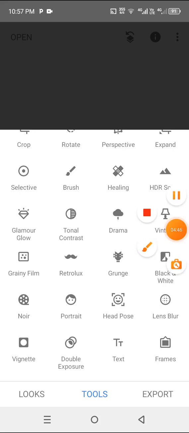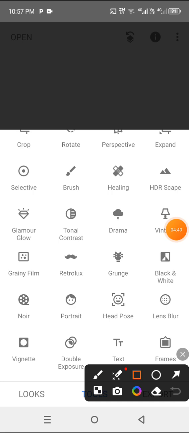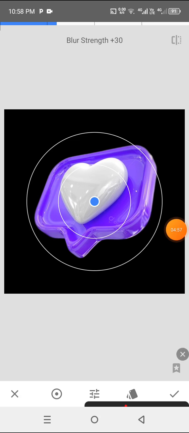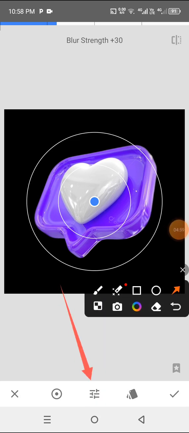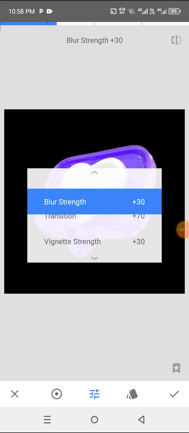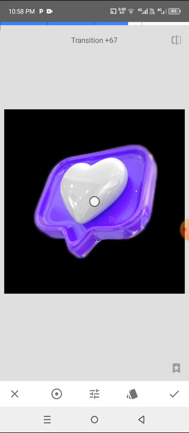You can see it's lens blur. Yeah, lens blur. Just click on it. So click on this tool over here. You click on transition, click on blur strength, yeah, blur strength, increase it,